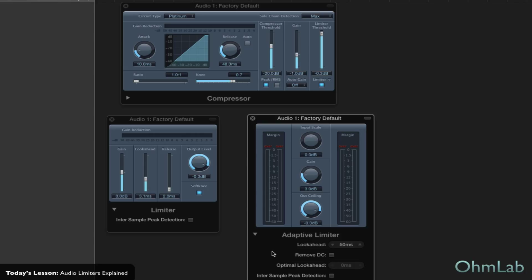All right, and that's it. That's the big breakdown of limiter versus adaptive limiter and their relationship to compression. Again, if you want to put a limiter on an individual track or sound, go ahead and click the limiter box on one of your basic compressor plugins and use that rather than one of these dedicated limiters, because they have look ahead built in. Okay, you can dial down look ahead,